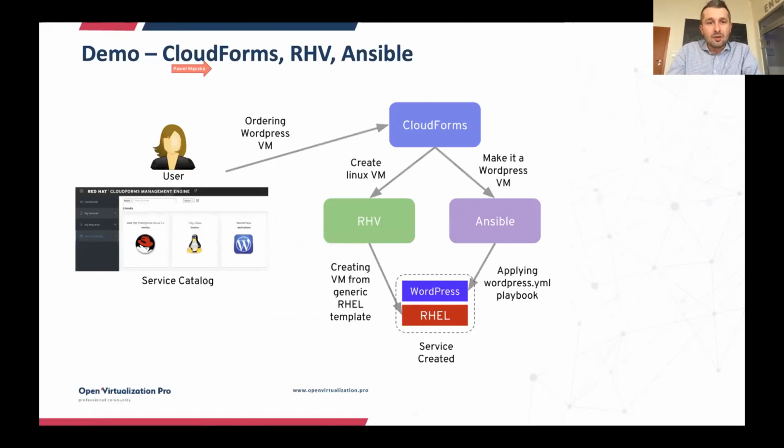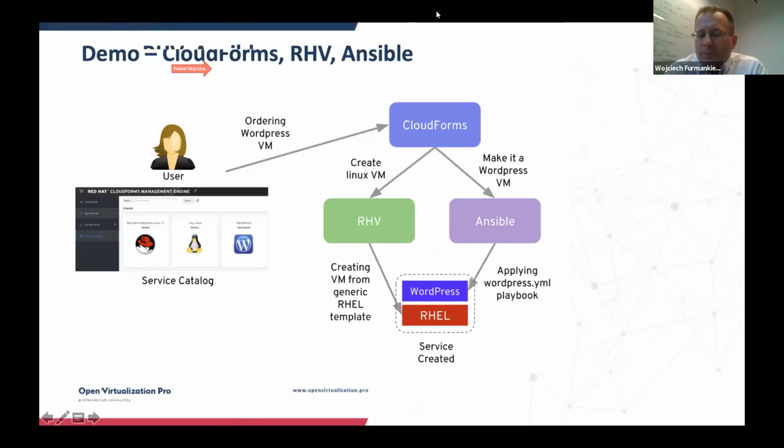Okay, so we prepared a demo for you today. We will not only go through the slides, but Wojciech prepared a really good demo, so we can show how the technology actually looks live. We're going to show you how to build a basic example: a WordPress service, a virtual machine with WordPress installed on it, using modern tools which are a bit beyond virtualization itself. Virtualization has its own role in the middle here.